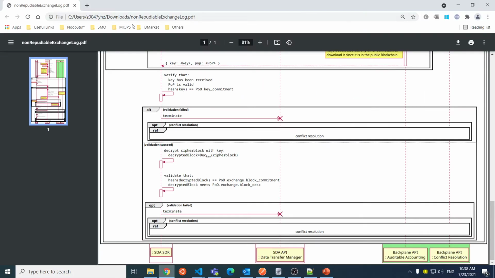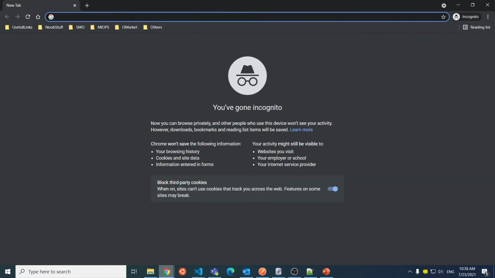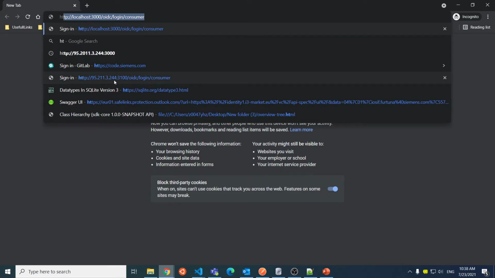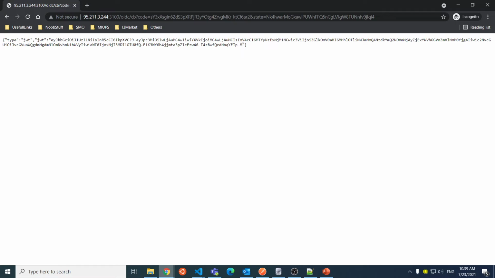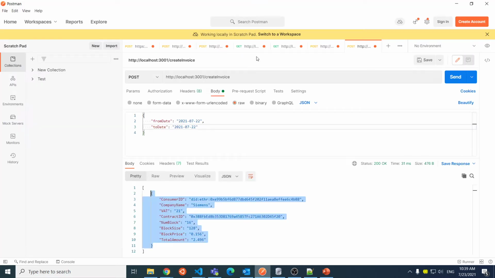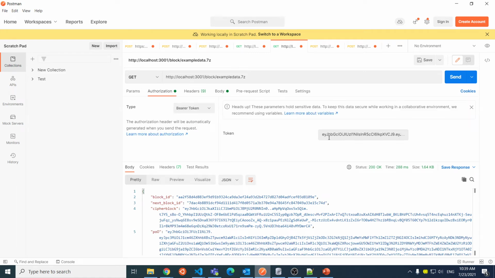Okay, so at first for the client to make a first request to the Data Access API, he has to authenticate on an endpoint of the Data Access API and log in using the UPort application, together with the consumer credentials, and the client will receive an access token. We have to copy this access token, and in order to make a first request, we have to put the access token